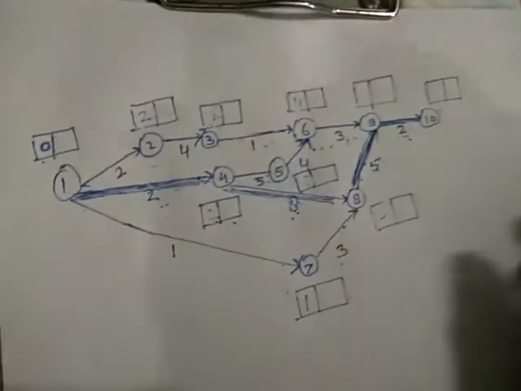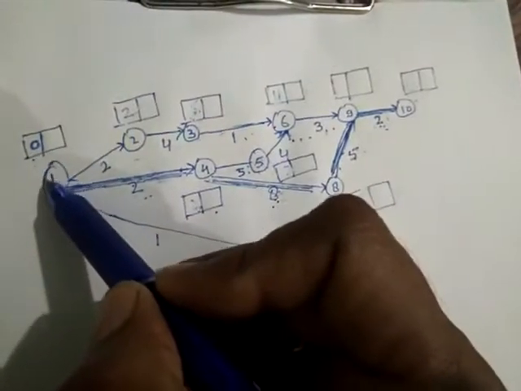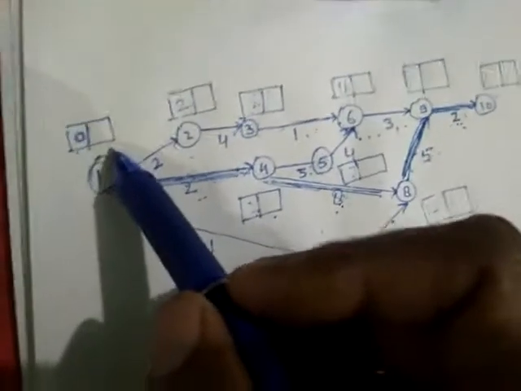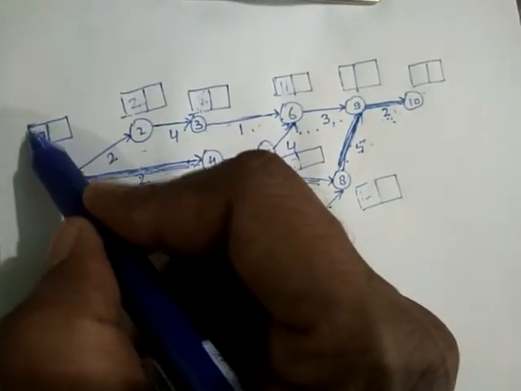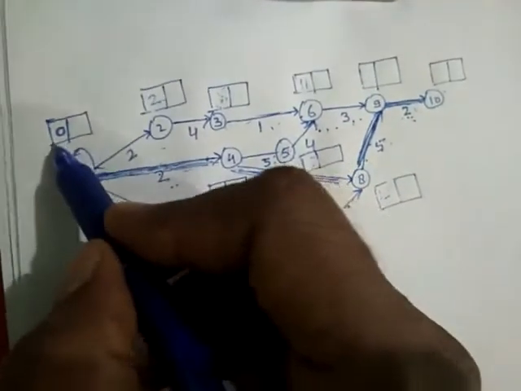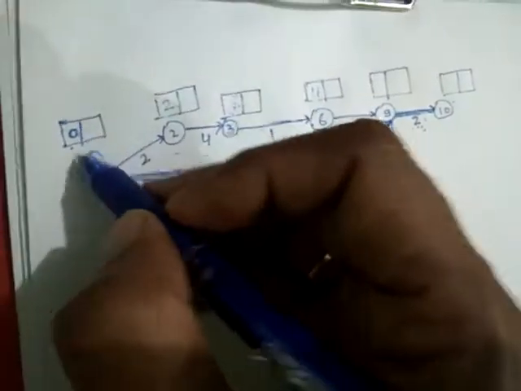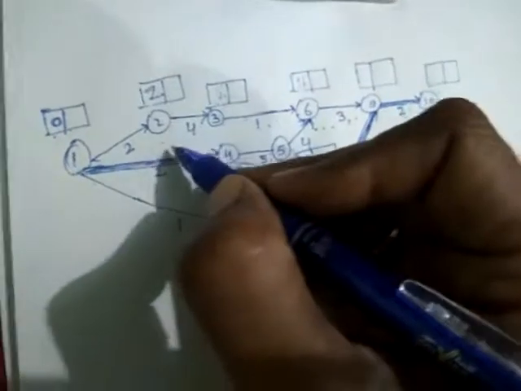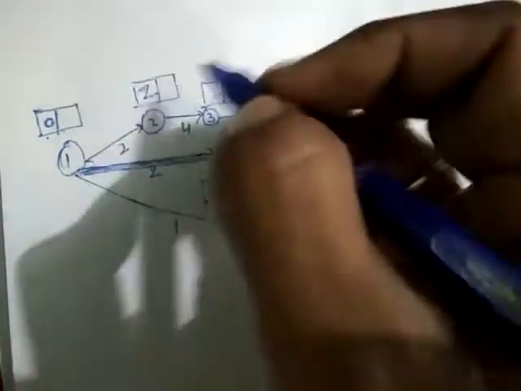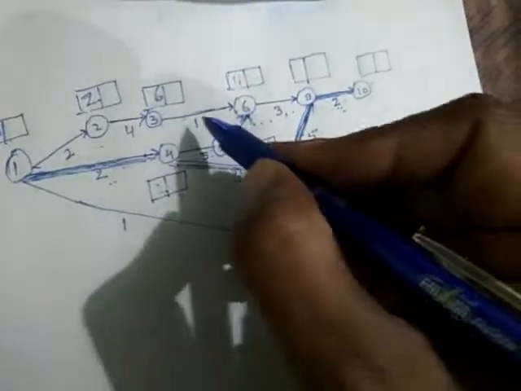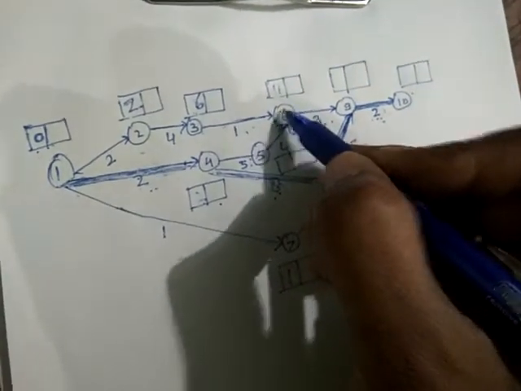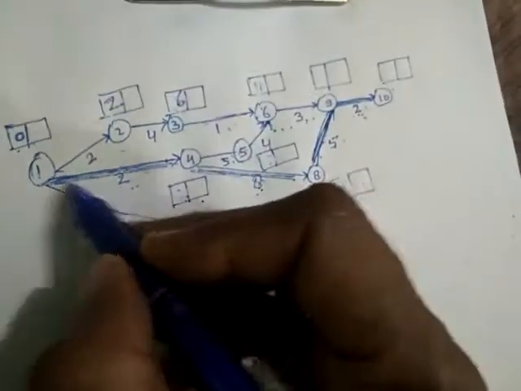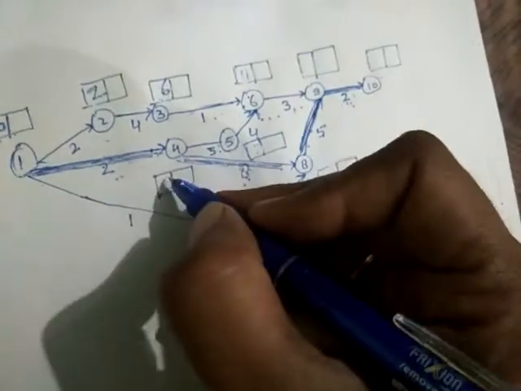Now for further proceeding, you have to calculate the earliest time and latest time of the activities. First we will calculate the earliest time with the help of the forward pass method. Here assume that if nothing has been given, the project starts on day 0. So 0 plus 2, it will be 2. Then 2 plus 4 is 6. Now here you are reaching from two paths. First calculate the other paths. So here it will be 2.